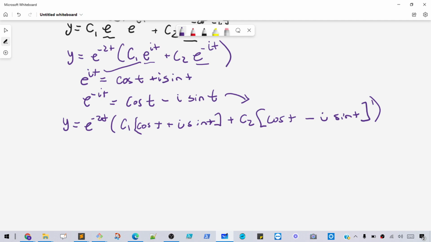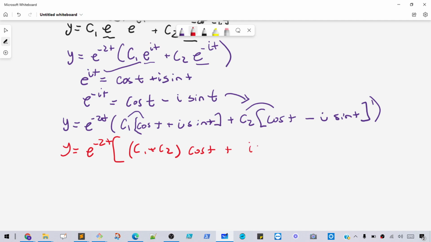Okay, then what I'll do, so we can distribute our constants, and then group like terms and change colors just for fun. Let's combine some steps here. So we'll have C1 plus C2 times cos of t. And then on the other one, we're going to have, let's see,